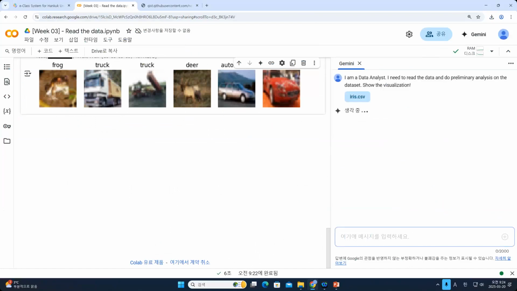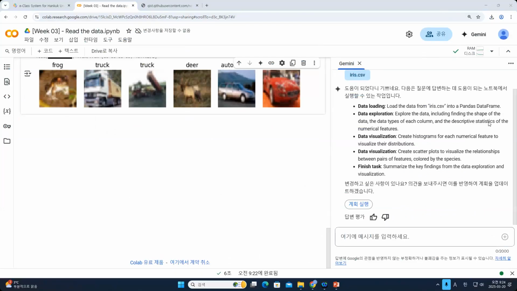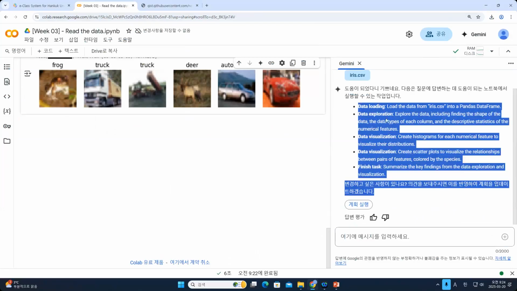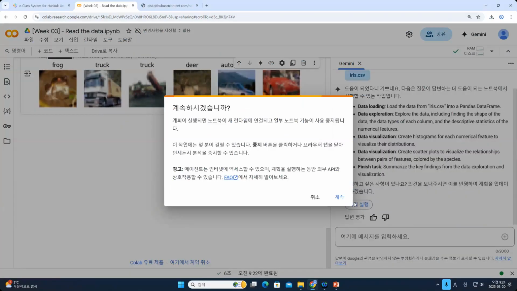Then they will show like this one. Okay, so data loading, data exploration, data visualization in this task. And then if I run this,